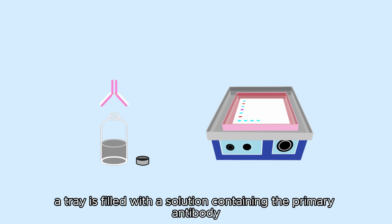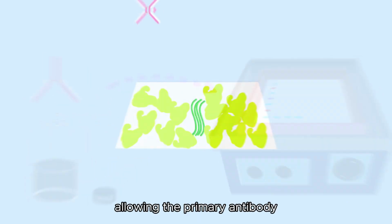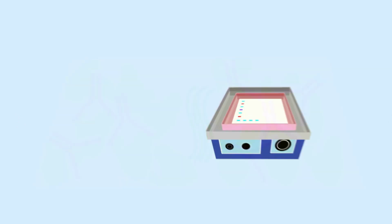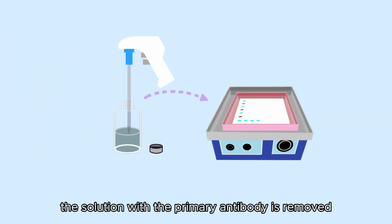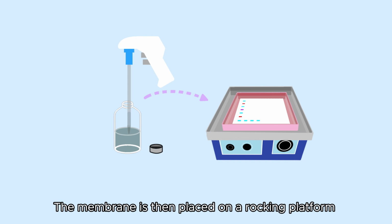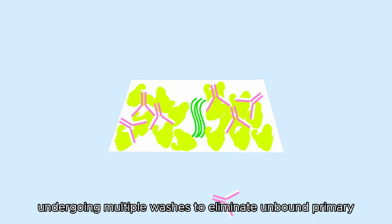Next, a tray is filled with a solution containing the primary antibody. The membrane is then gently agitated during incubation, allowing the primary antibody to bind to the specific target protein. After incubation, the solution with the primary antibody is removed, and a wash buffer is applied. The membrane is then placed on a rocking platform for additional incubation, undergoing multiple washes to eliminate unbound primary antibodies